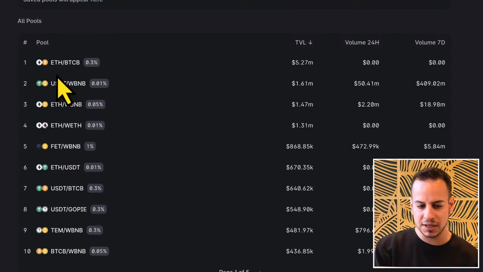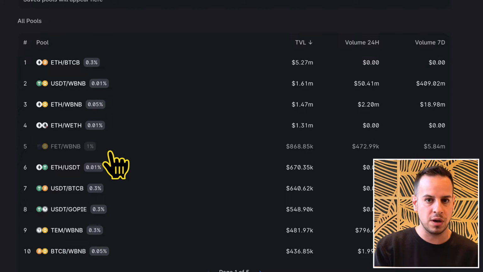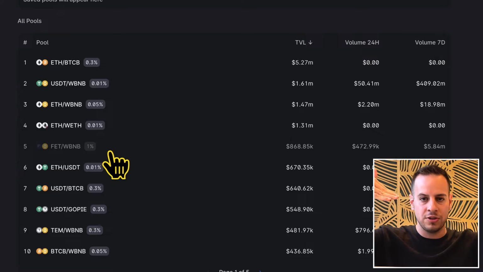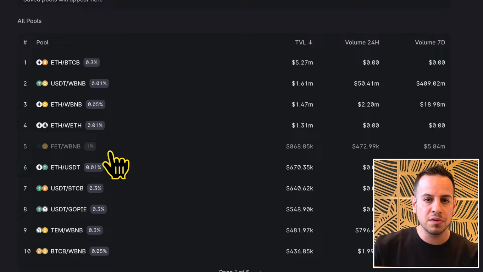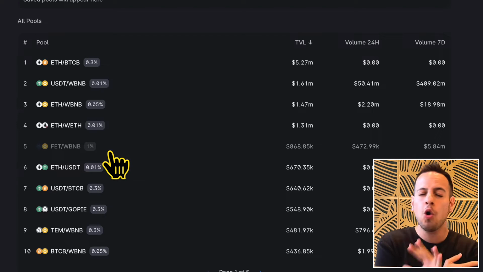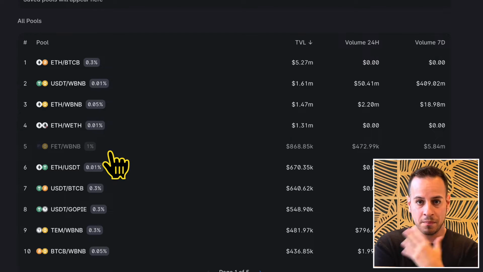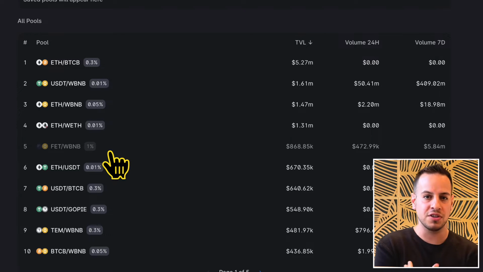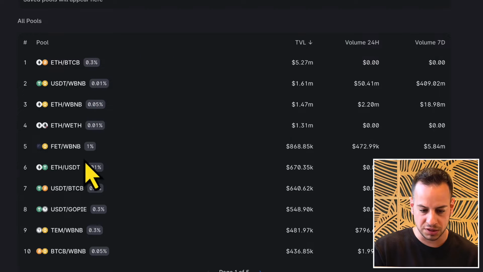So it's important to understand that when you provide liquidity in Uniswap for 2 tokens and you set this range, when you get out of the range, 2 things happen. First, all your assets are converted to the less performing asset. And second, your assets are not generating fees anymore because your liquidity is out of range. It doesn't mean that you cannot withdraw the liquidity. You can always withdraw the liquidity based on the assets that you have. But it just means that it's not going to work for you. It's not going to print money based on those fees.